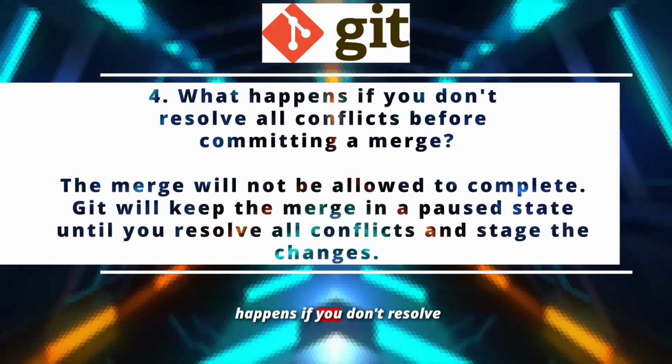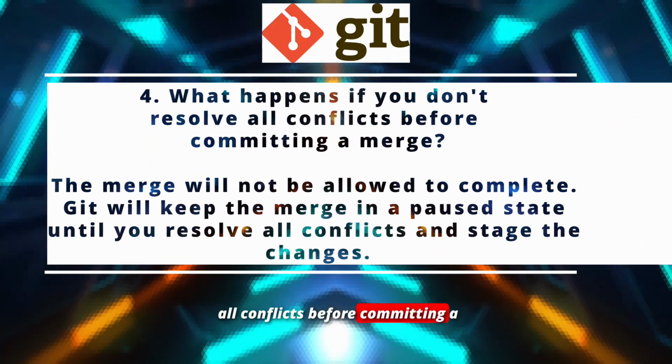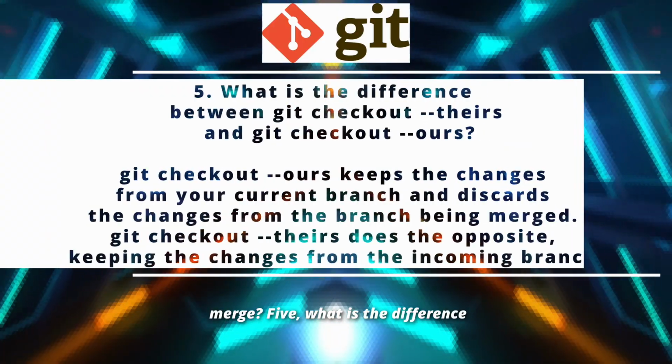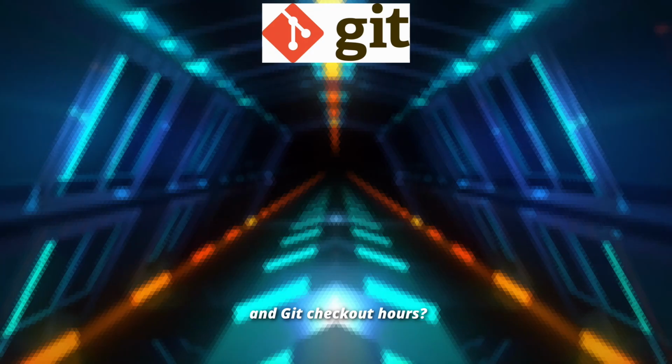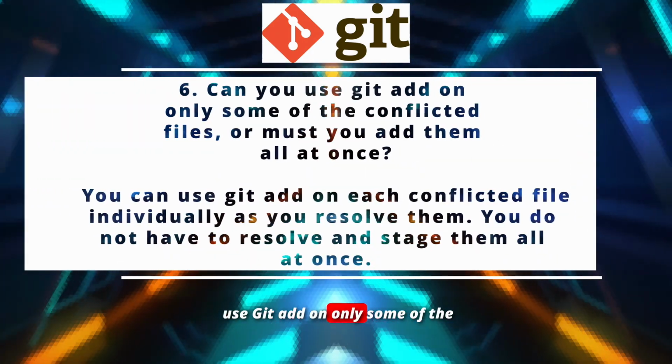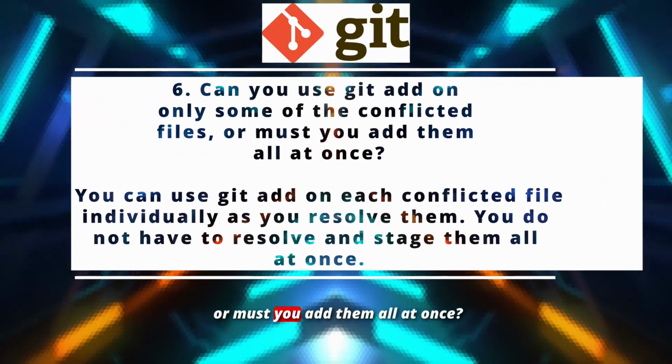4. What happens if you don't resolve all conflicts before committing a merge? 5. What is the difference between Git checkout theirs and Git checkout ours? 6. Can you use Git add on only some of the conflicted files, or must you add them all at